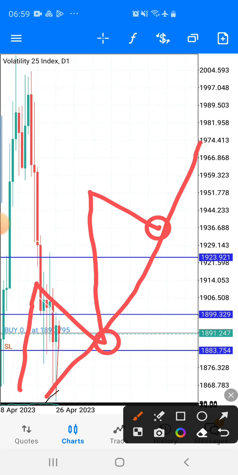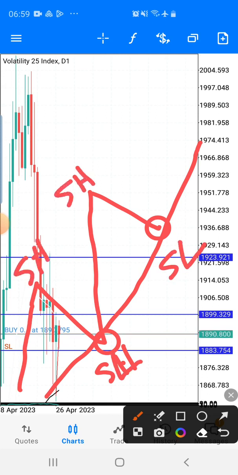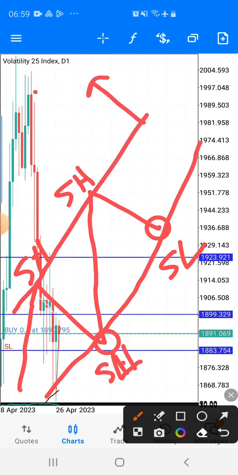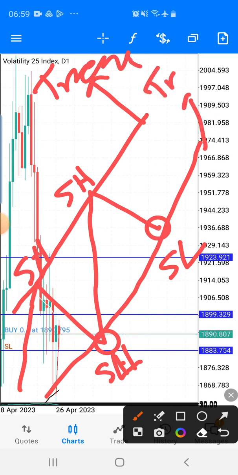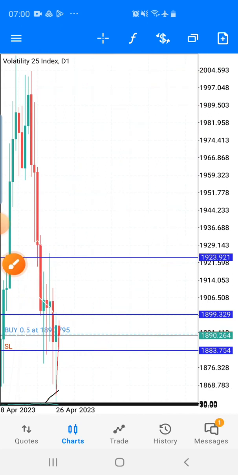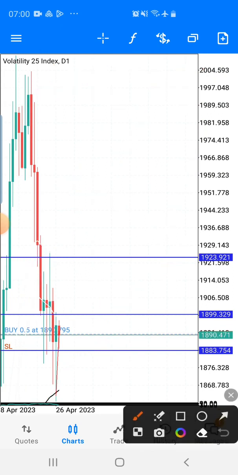So a trend line is simply a diagonal line that connects two or more swings. Okay, this one is swing low, okay, so this is swing high. So if you connect a diagonal line here, again this is a valid trend line. This particular line too is also a valid trend line. Okay, so now if you have this trend line being touched 3 times,